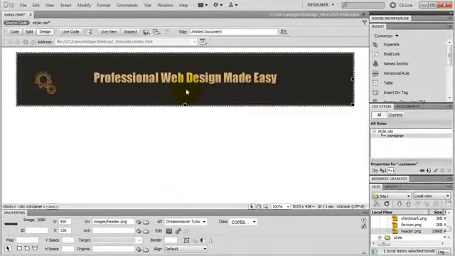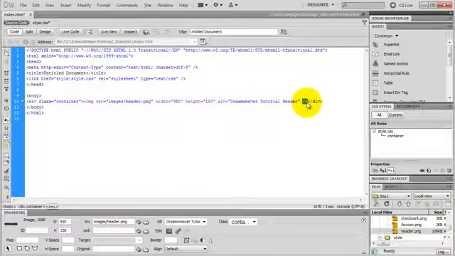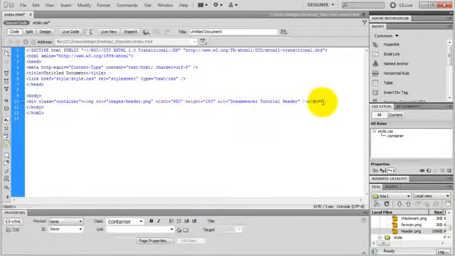And now my header image is right there inside of my container div tag. Let's take a look at the code. There's my div start tag, my image start tag, the source of the image, the size, the alternate text that I just typed in, and there is my image close tag because it's a self-closing tag, and then there is my div close tag. Make sure you don't have a p paragraph tag wrapping around your image, because if you do and you style your paragraph tag later, it's going to apply to your image as well, and you don't want to apply, let's say, the paragraph margin to your image. Okay, I go back to design view,